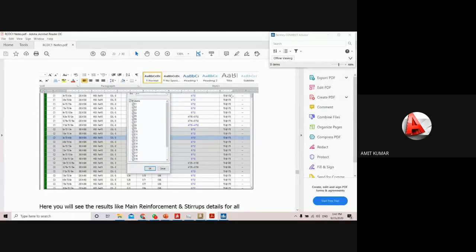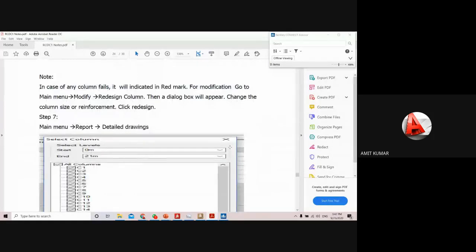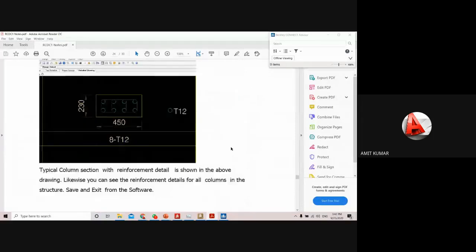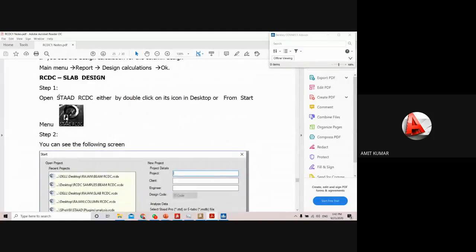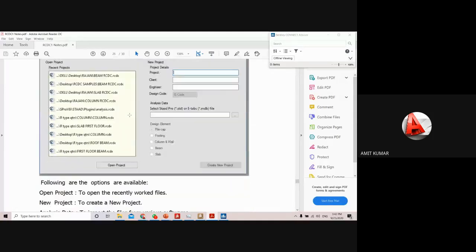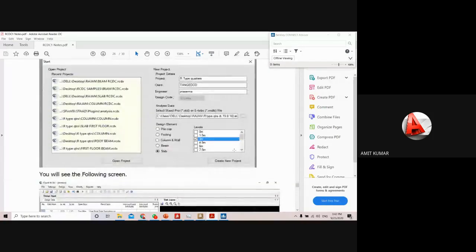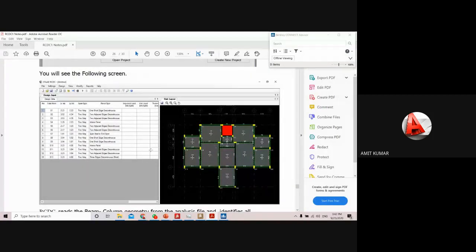So that means the stirrups are at a distance of 175 each, and the diameter of the bar is T8, that is the 8 mm dia. Okay, same procedure आपका slab के लिए भी होगा. You can see the details for the slab also. Just you have to select the file from the StatPro, then it will select the slabs, give the slab dimension, then it will show you the slab layout.